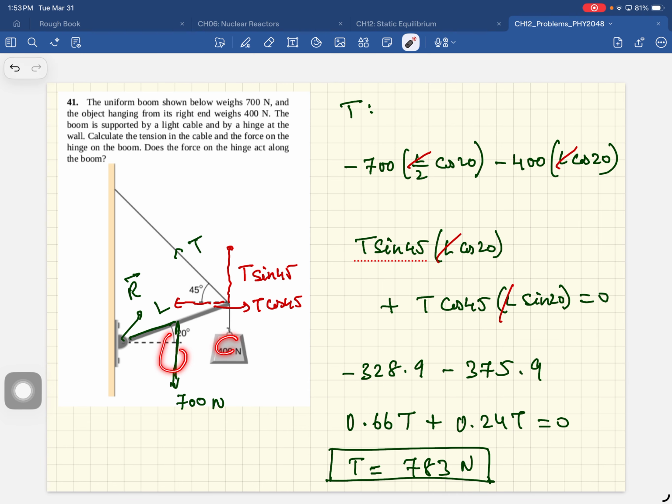So this force is at 45 degrees and the boom is at 20 degrees. So the reaction force is in that direction. Okay. All right, guys. So we will